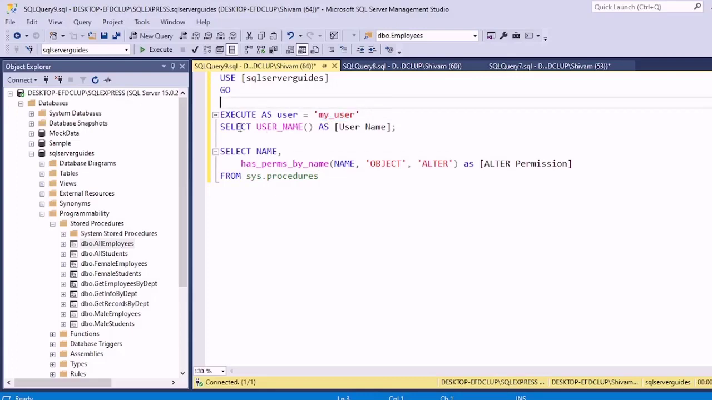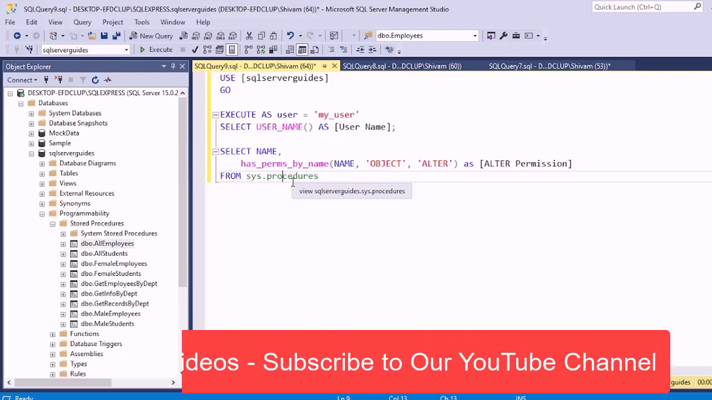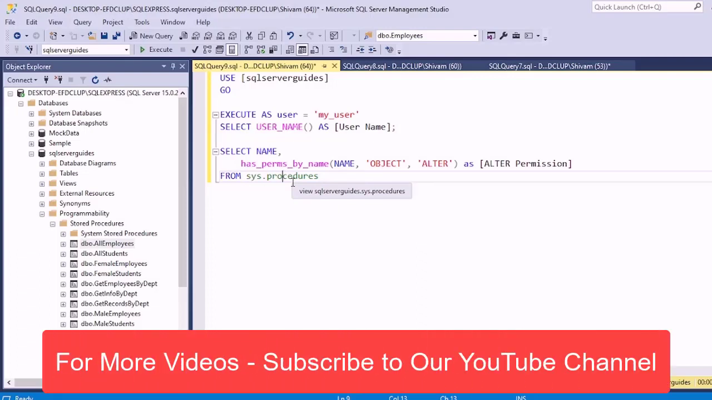And then we have this select statement, where I am using the user_name function, which is a built-in function, and it will return the current username. And then we have another select statement which is used to fetch two columns. First is the name. The name that we are selecting is from the sys.procedures view. This view carries information related to all the stored procedures that are there in a specific database. So the first thing that we are doing is fetching the names from that view, and then we are